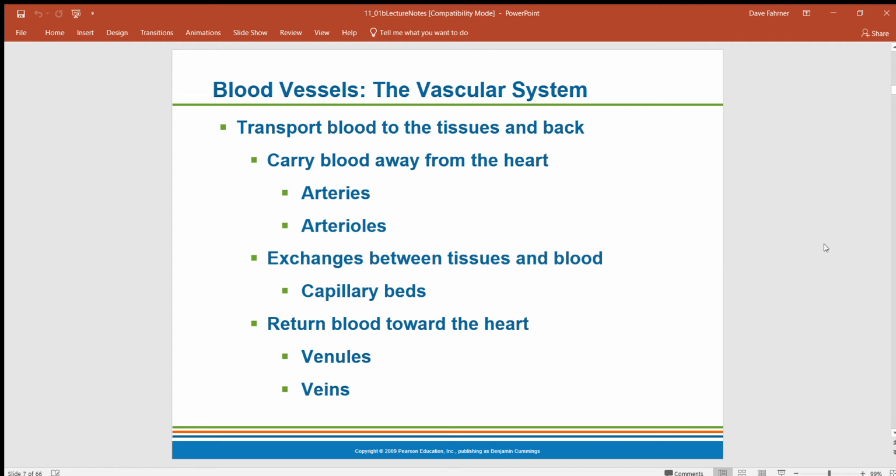One of the things that Harvey also did was he gave us the purpose of the heart. He was the first one to define exactly how the heart worked, and gave us the idea of the heartbeat. He told us how the heart worked and what the circulatory routes were in general.